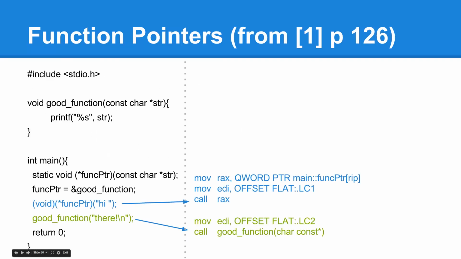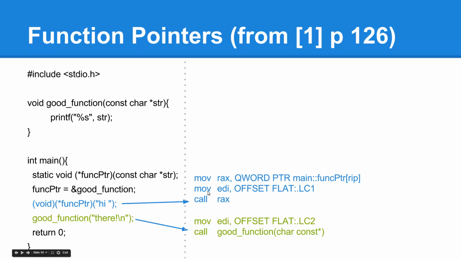So the following code calls the function good function twice, but in two different ways. The first call is done with a function pointer, func pointer, that we have here, assigned to the address of good function. And we call it with this notation,